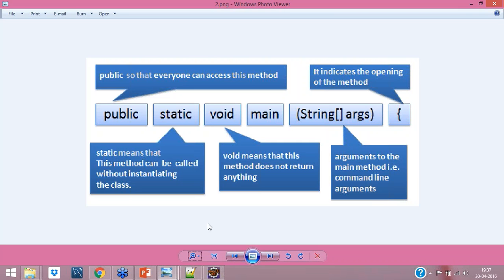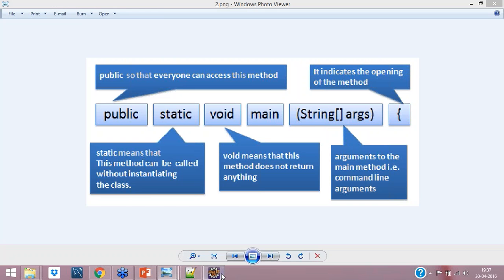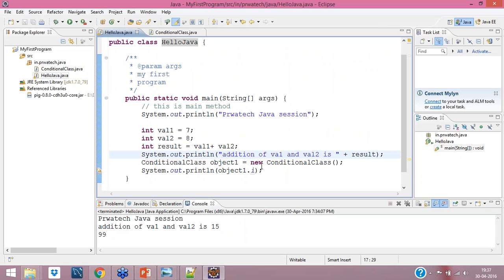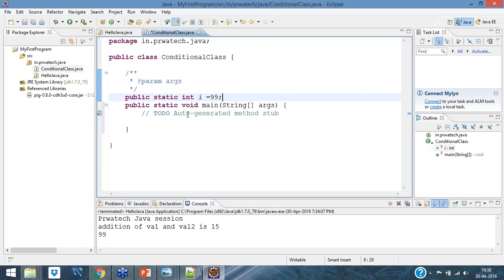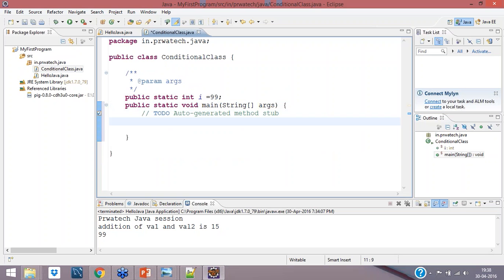Let me do it for you. Let's say I have this args. What I'll do, I'll take the data from my command prompt. So there is a thing called Scanner.